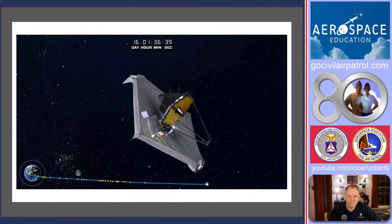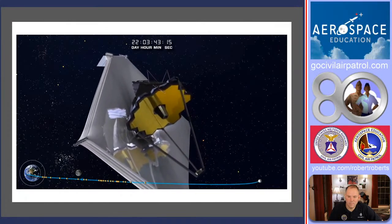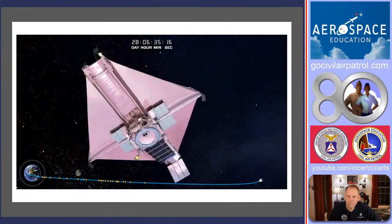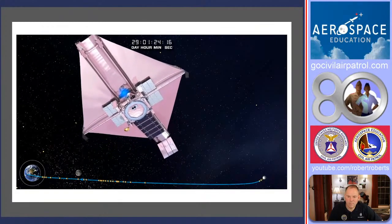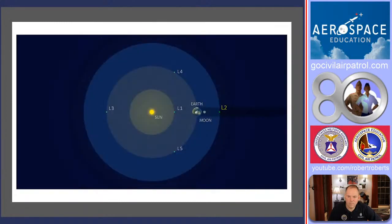As the Webb telescope continues out to its operational orbit around the Sun-Earth L2, the observatory continues to cool down to its final cryogenic temperature state. A trajectory correction applied 29 days after launch puts the Webb telescope into its halo orbit, a key part of the mission design. The Sun-Earth L2 point is where Webb's orbit around the Sun is